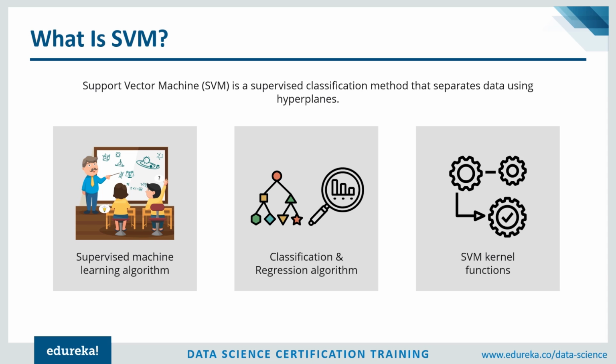It's mainly used for classification purpose wherein you want to classify data into two different segments depending on the features of the data. Now, before moving any further, let's discuss a few features of SVM. Like I mentioned earlier, SVM is a supervised learning algorithm. This means that SVM trains on a set of labeled data. SVM studies the labeled training data and then classifies any new input data depending on what it learned in the